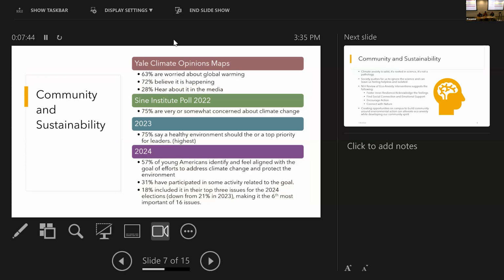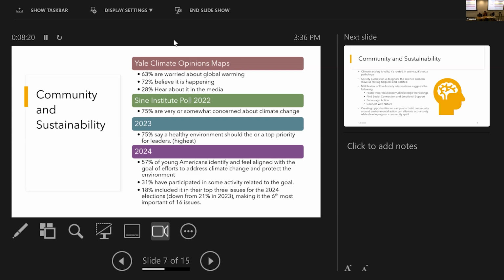There's a huge focus within the sustainability world to build community. And part of that stems from these facts that are sitting here behind me. So if you're really into data, I highly recommend spending some time on the Yale climate opinion maps. You can drill down to the county level and see what the people in that community think about a whole range of sustainability topics. And they redo it every year, so you're able to see how their opinions are changing about these topics over time.